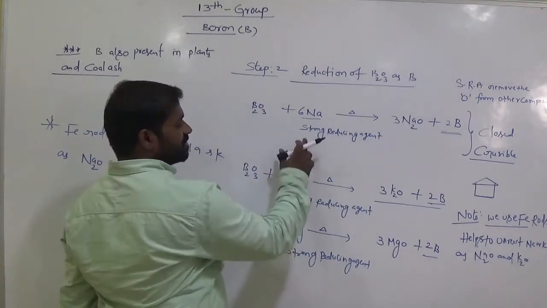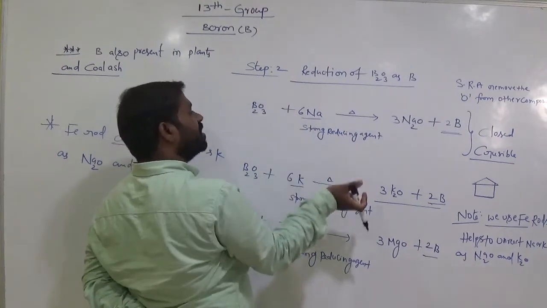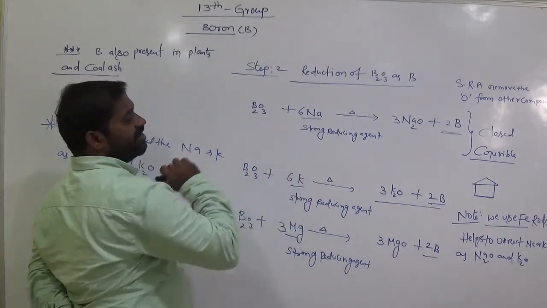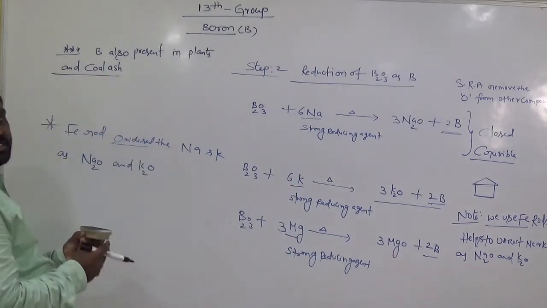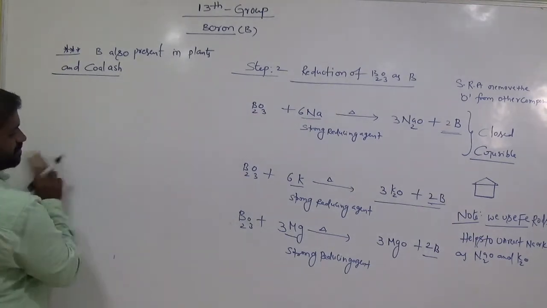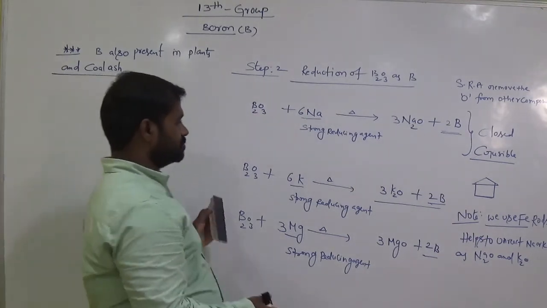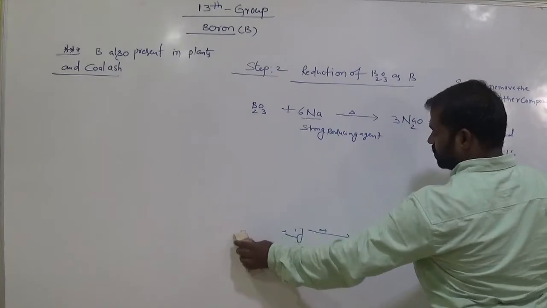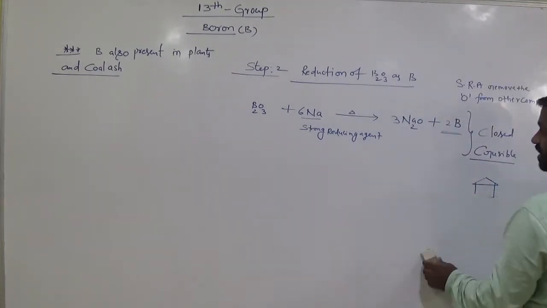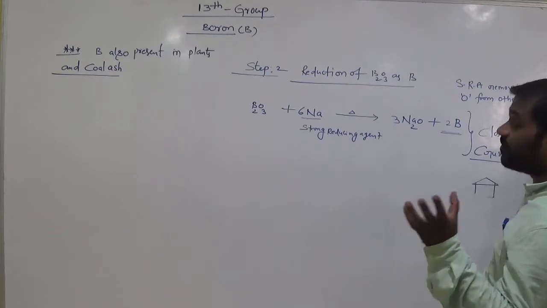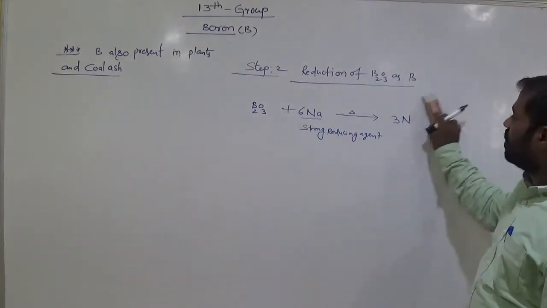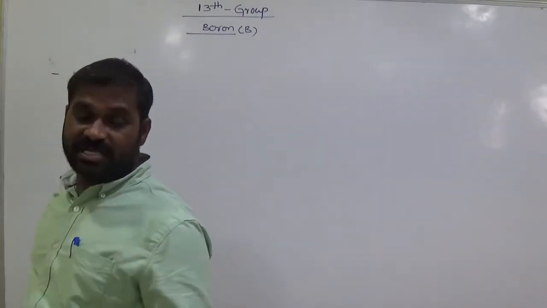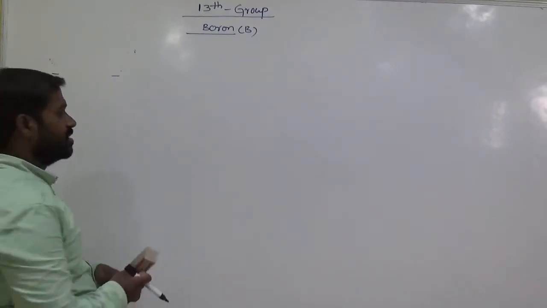Now sodium is the reducing agent. Why is it a reducing agent? It removes the oxygen from B2O3, so it is called a strong reducing agent. Reducing agent means it removes the oxygen. Remember this. Why is sodium a strong reducing agent? It removes the oxygen from B2O3. Then sodium gains the oxygen, so it undergoes oxidation. Oxidized means gaining of oxygen. So who helps the oxidation process of sodium and potassium? Iron.